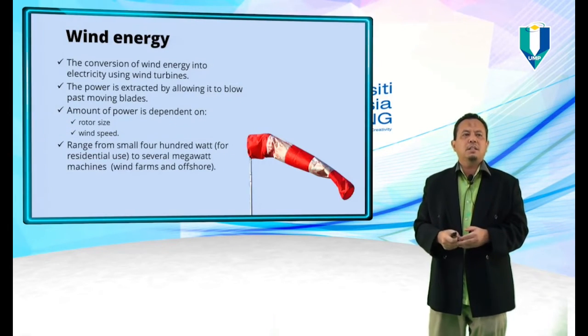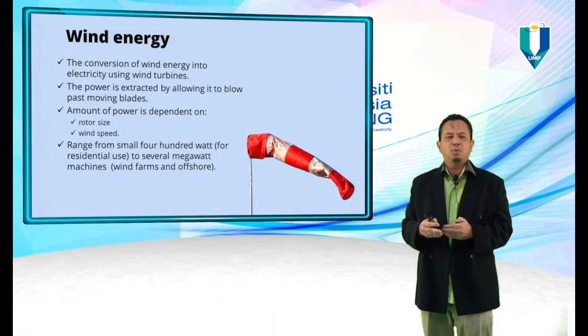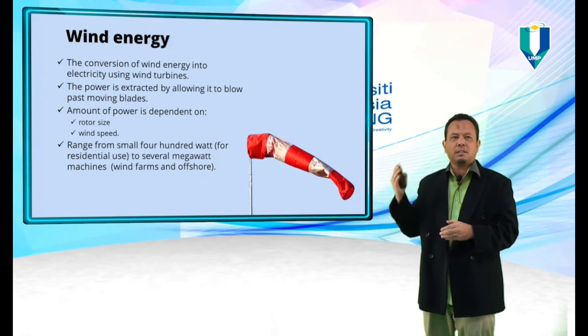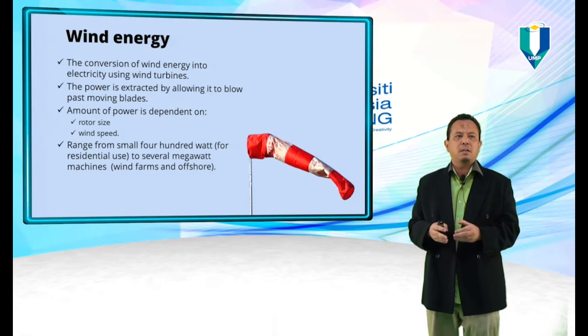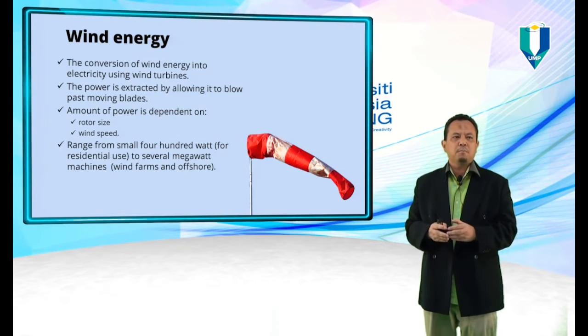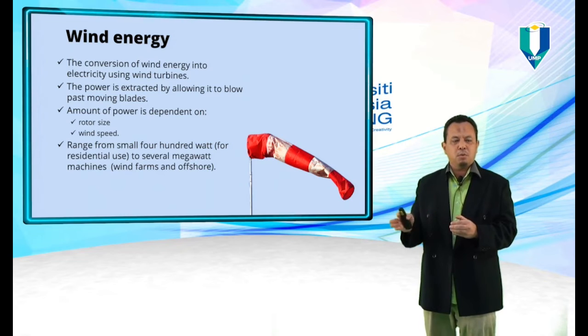The second alternative energy is wind energy. Basically, wind energy is the conversion of wind energy into electricity using wind turbines. The power is extracted by allowing the wind to blow past moving blades. The amount of power is dependent on the rotor size and wind speed. The range of wind energy goes from small 400 watt units for residential use to several megawatt machines